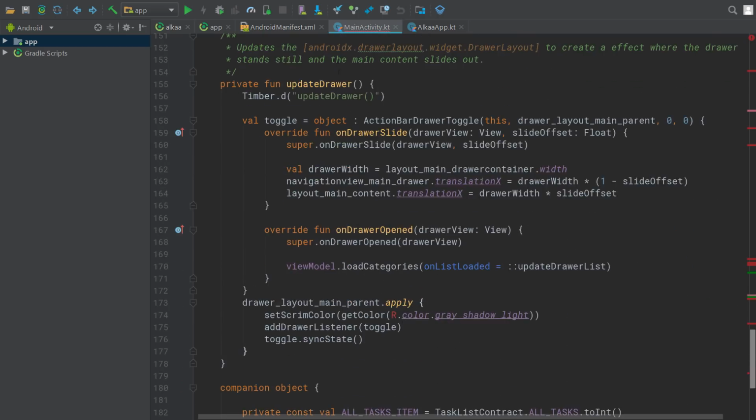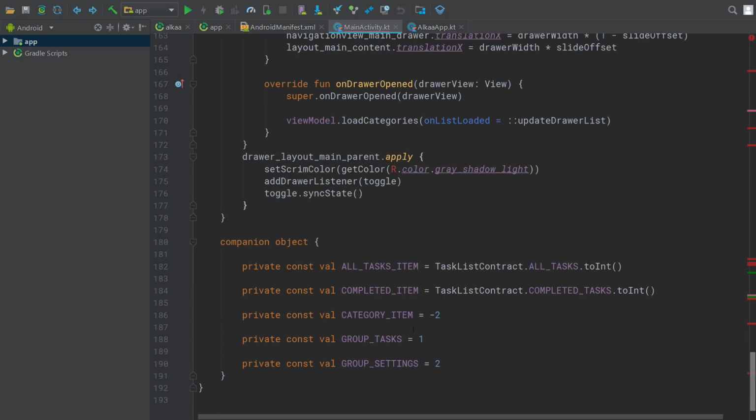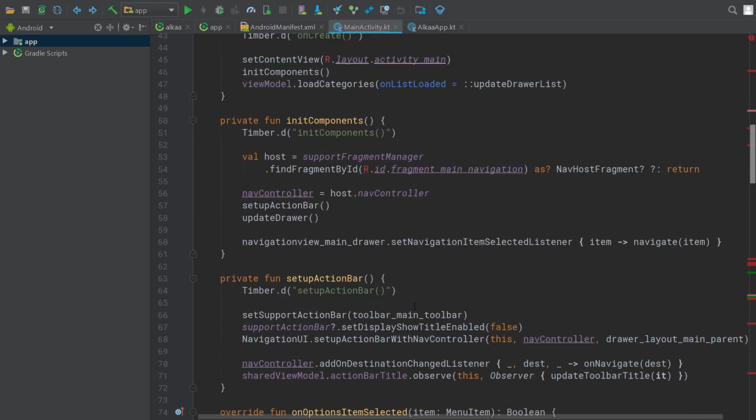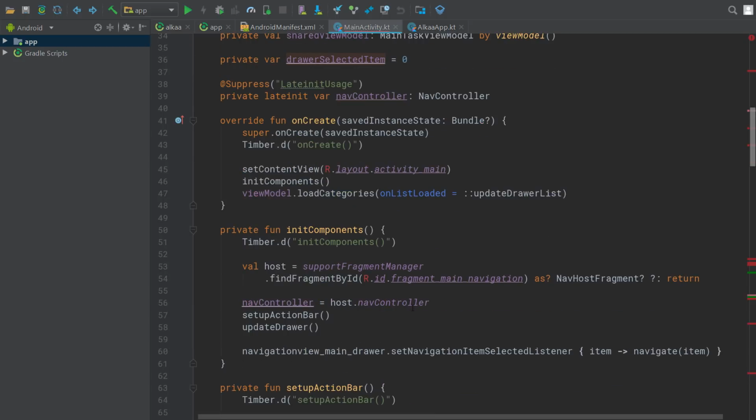Navigate to category, update drawer, a bunch of animations here. Okay, we'll see why it's needed, and a bunch of constants. Okay, what can I say except for what I've already said? Look, first of all, this activity is dirty. It uses all kinds of very popular and fancy stuff, and I understand that Igor just wanted to learn about this stuff, so probably that's not the best code he ever wrote, but this activity is dirty, and we